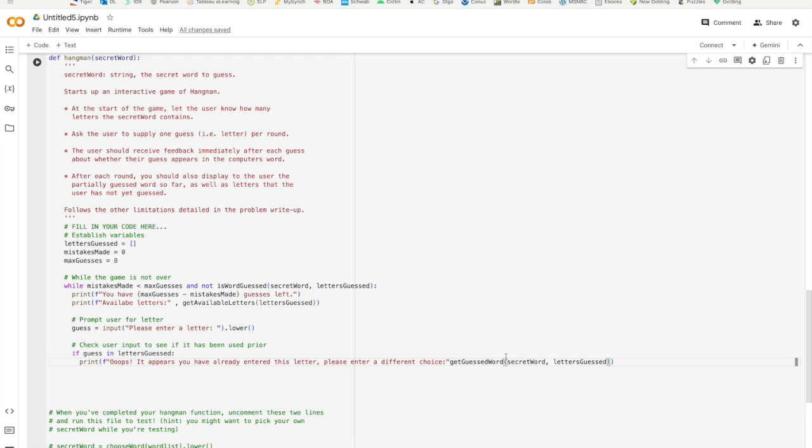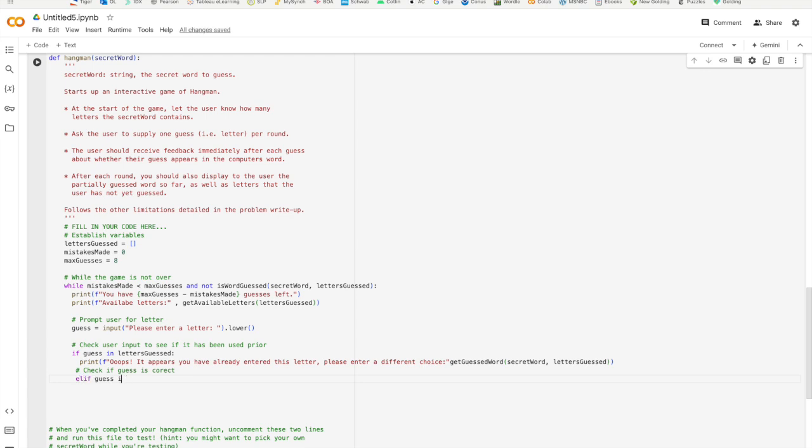All right, now the first thing we want to test after this is see if they actually got it right. So we'll put an else if statement in here, an elif. So if it is in our secret word, and print, we'll let the user know. We'll also want to call